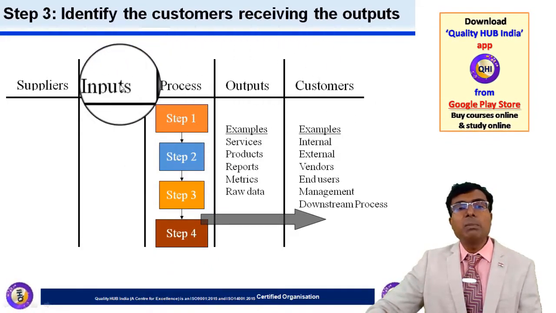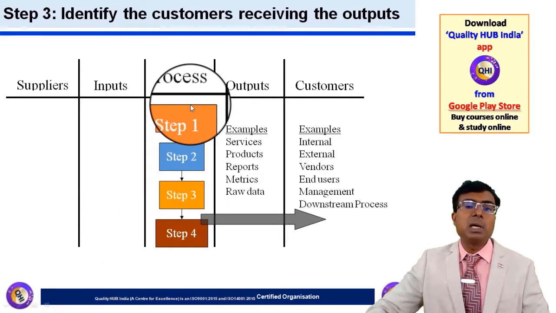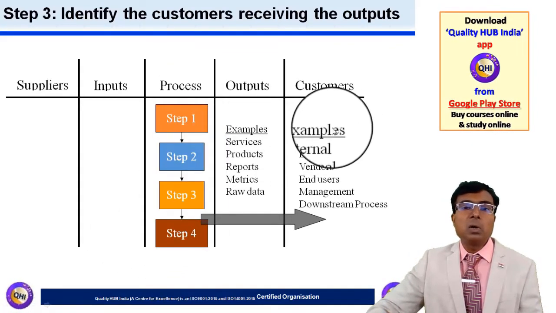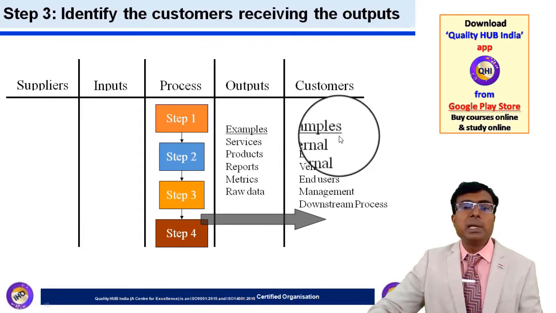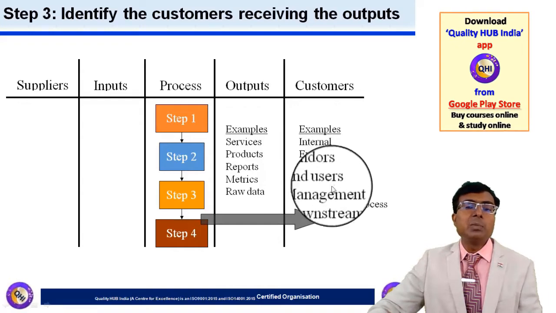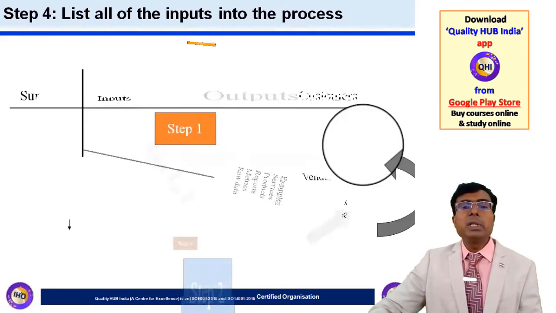Okay, so right now we're talking about one manufacturing process, for example, forging. So who is going to be the person receiving the output? Basically the customer. So it could be internal or external, and this could be many more other agencies as well. Now the next step would be,